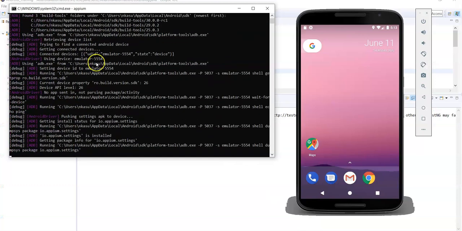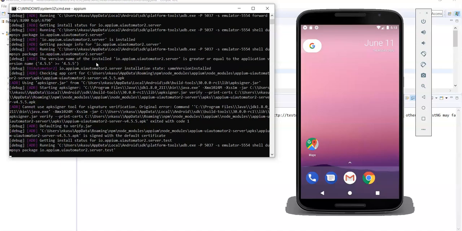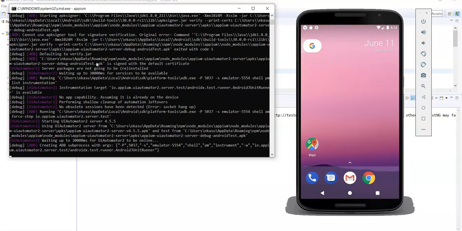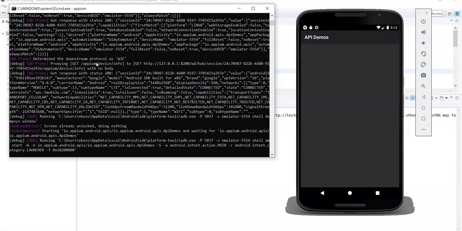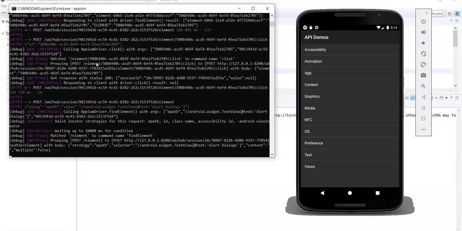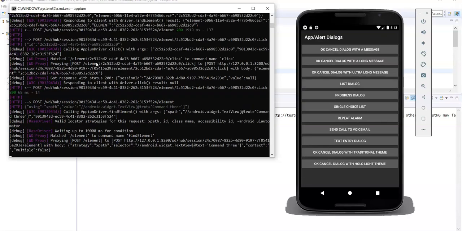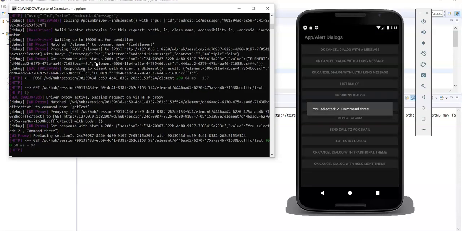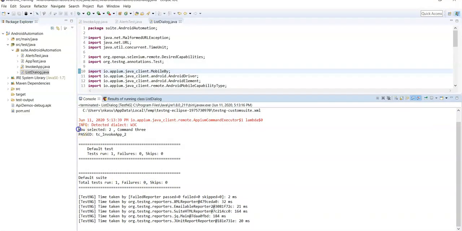You can see the logs here. Yeah, you can see execution has been started. Click on this dialog and then Command 3. So you can see the message "You selected Command 3". So the alert message got printed successfully into the console, right?